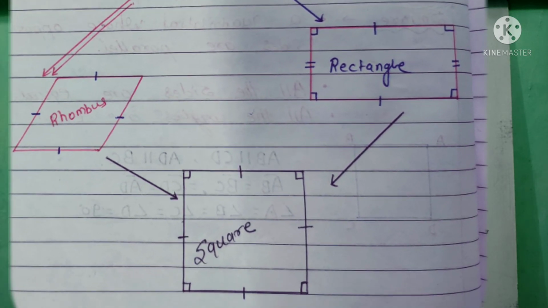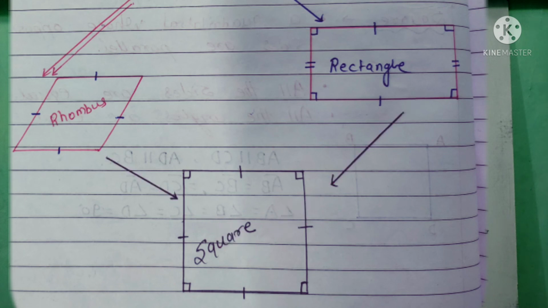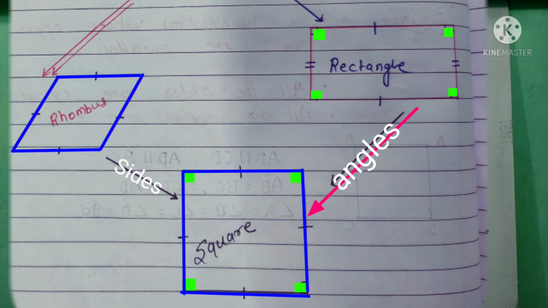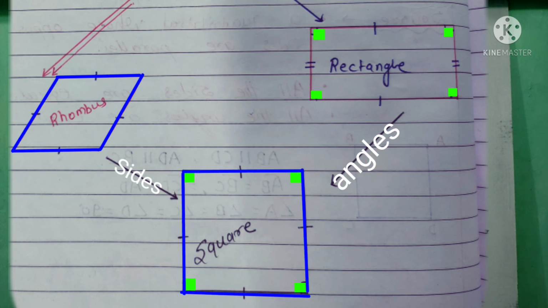Actually square में रोम्बस की भी प्रॉपर्टीज है और रेक्टेंगल की भी प्रॉपर्टीज है। ओके, रेक्टेंगल में क्या है? रेक्टेंगल में all the angles are same, so angle is taken from the rectangle। एंगल्स ले लिए रेक्टेंगल की तरफ से, और all the sides are same। रोम्बस की सारी साइड सेम होती है, तो साइड्स ले लिए। साइड किससे ले लिए? रोम्बस से। तो it is a special quadrilateral having the properties of rhombus and rectangle।